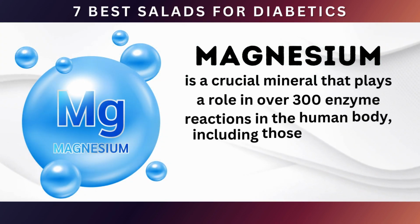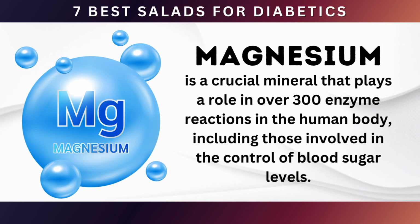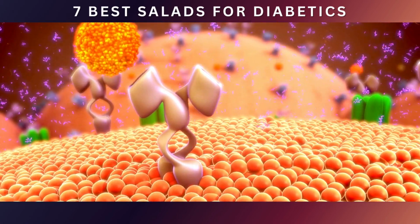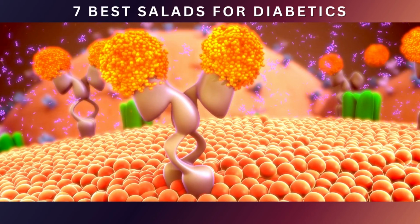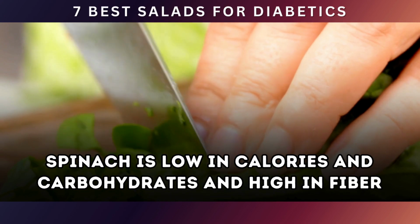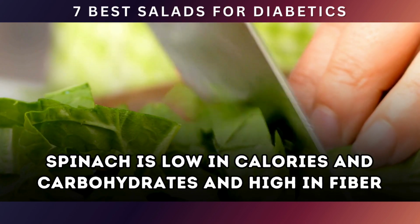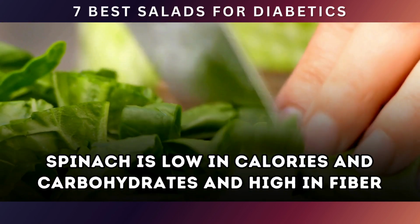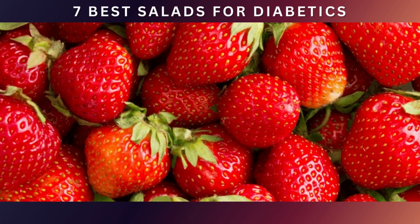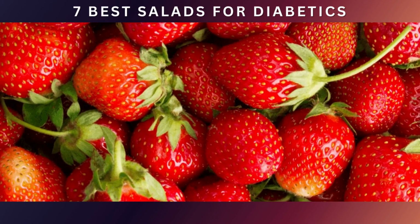Magnesium is a crucial mineral that plays a role in over 300 enzyme reactions in the human body, including those involved in the control of blood sugar levels. It helps regulate insulin sensitivity, which is key in managing diabetes effectively. Moreover, spinach is low in calories and carbohydrates and high in fiber, all of which are important for maintaining stable blood sugar levels. Strawberries bring their own set of benefits to this salad, adding not just a touch of natural